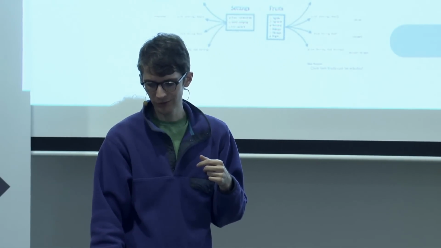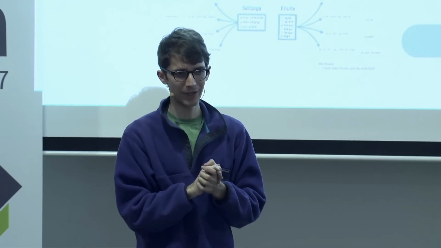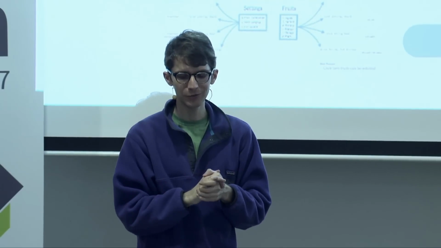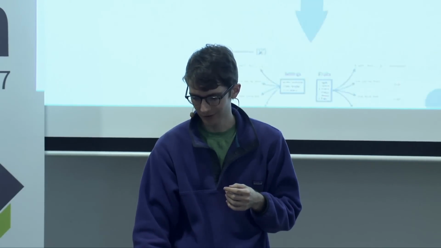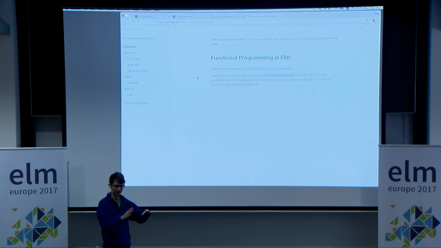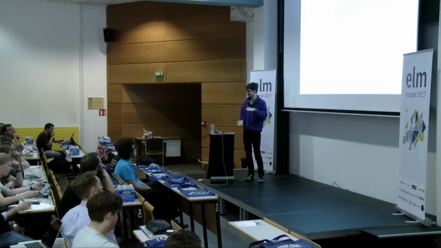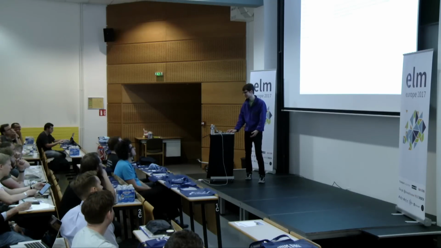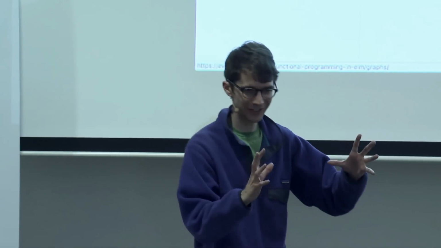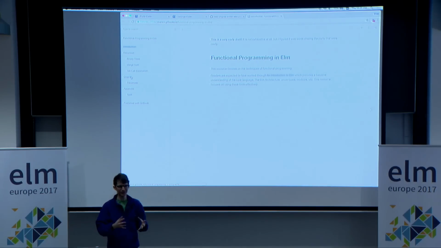So yeah, I hope this will be a nice next piece of advice in the how do I grow my Elm code. And one of my goals was to write this up. So I actually started a book that is about functional programming in Elm. And the goal of this book was essentially to write this talk so that people could read it online and it would work out. It turns out it's very hard to write that whole live coding section. So instead, what I ended up with is some nice stuff about recursion and graphs. It's fun. Hopefully, I'll be able to distill this down into another chapter that actually emphasizes these things in a way where you don't have to